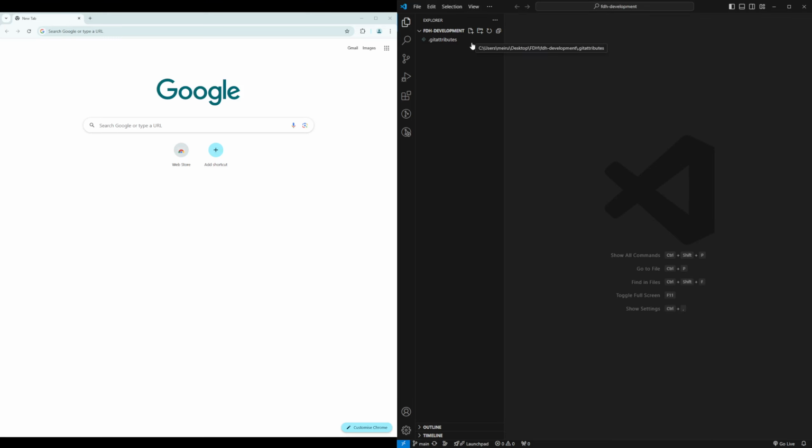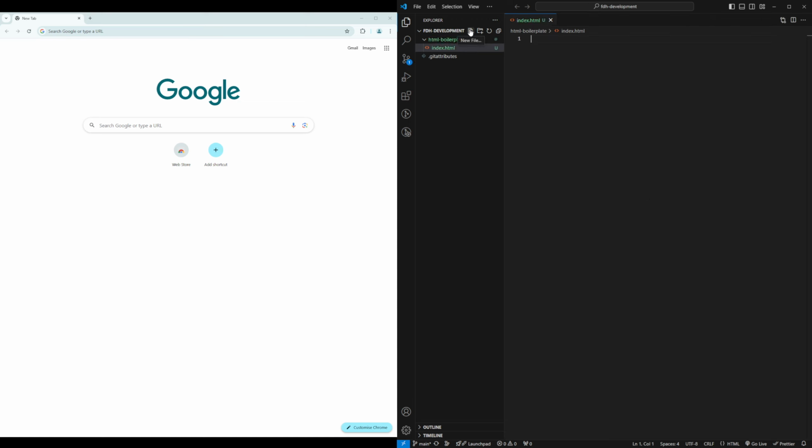First, create a project. So let's call it this way. So inside now we can start creating files. So let's create the first files and then go straight to coding.